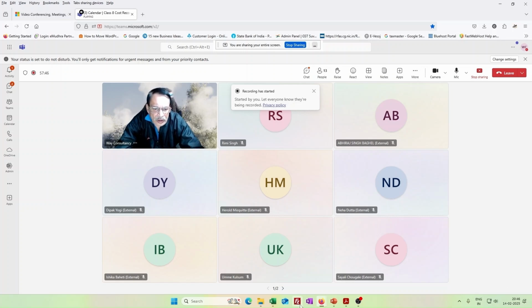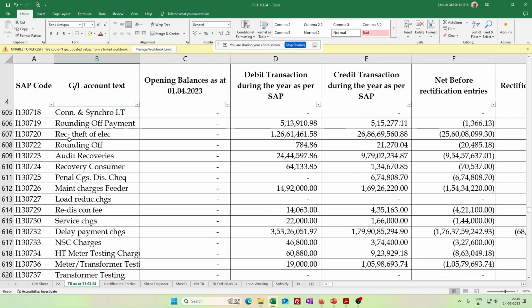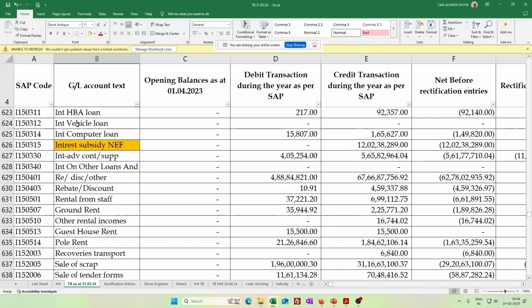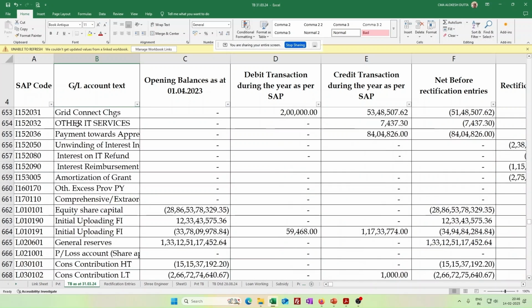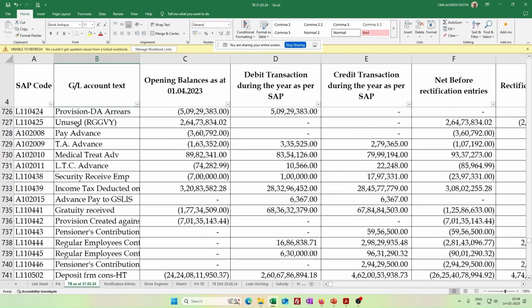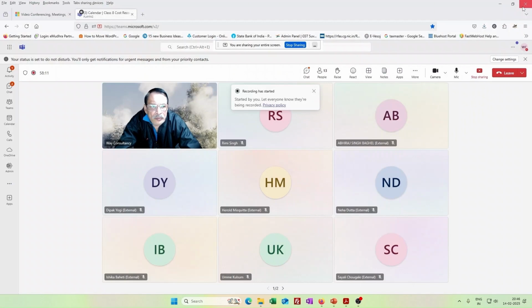Now, this is the exact trial balance. A trial balance in real life should be like this, not as per your study notes or textbook, which you are used to seeing. It's a big trial balance. Now you have to